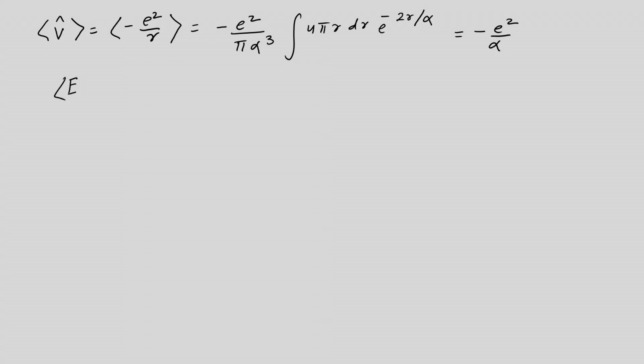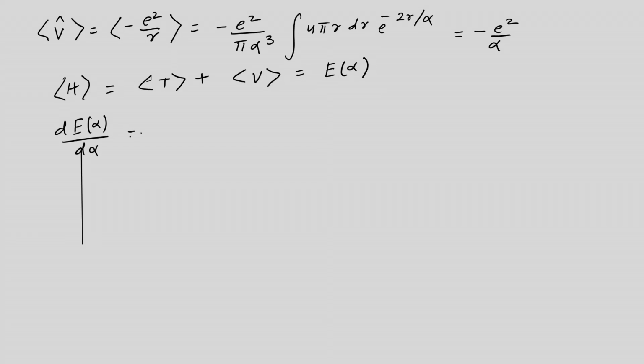So, your total energy is equal to T plus V, and rather this is the Hamiltonian, and this is equal to the energy which is E alpha. So, dE alpha